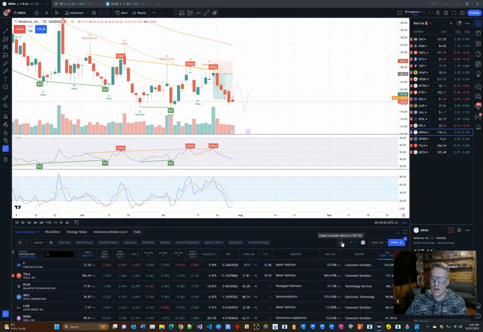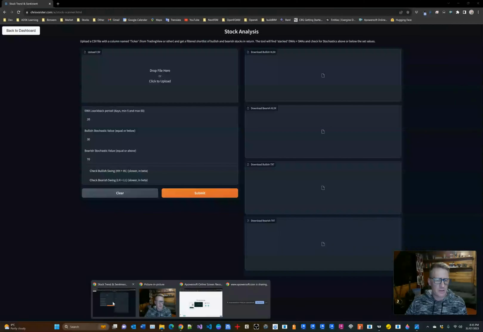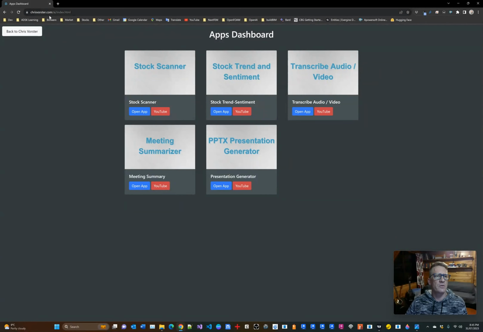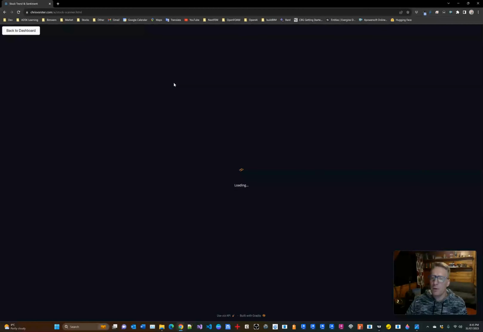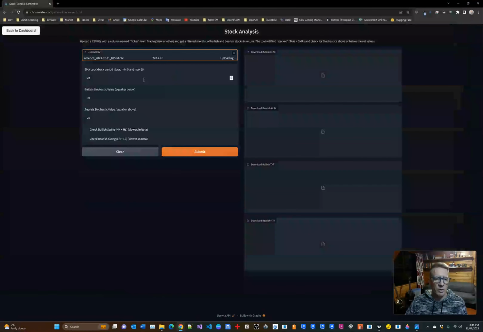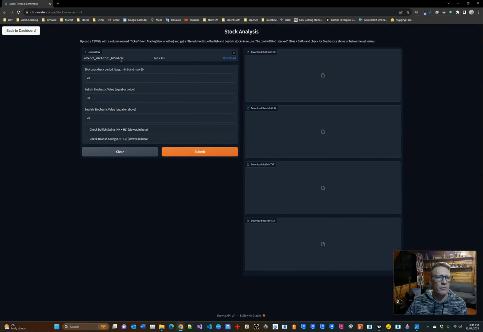Now, all you need to do is click on this button to export the data to a CSV file. And once we've got that, you can head over here to my tools. It's at chrisforster.com/AI. If you then open up the stock scanner app, you can upload that CSV and it can start processing the information. So if we do that, we just upload the file there, the CSV, and then we can set up our EMA lookback period. I want to look back 20 days and make sure that those EMAs and SMAs are stacked